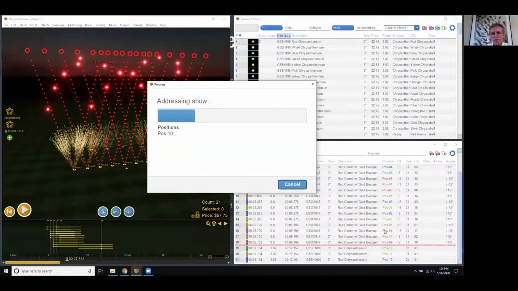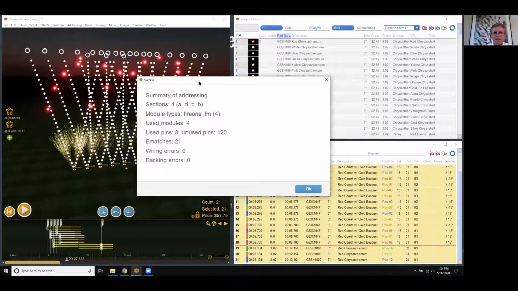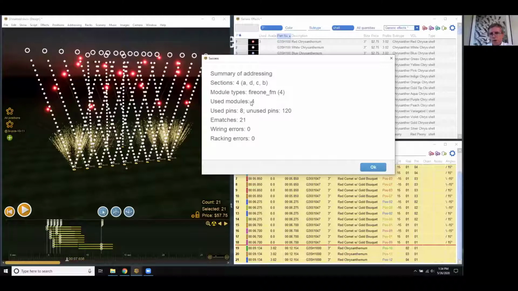Here we go. We're addressing this. Okay, let's take a look here. We used 4 modules as before. That's expected. 1 module for the front and 1 module for each of the shell positions. Here's where it gets a little bit maybe unexpected if you weren't following too closely. The number of used pins is 8. Why is that? Well, it's able to use a single pin